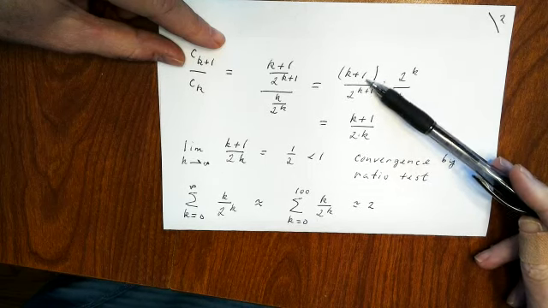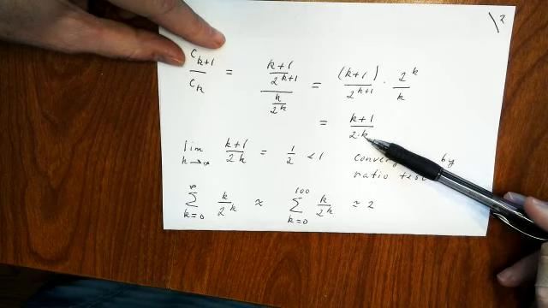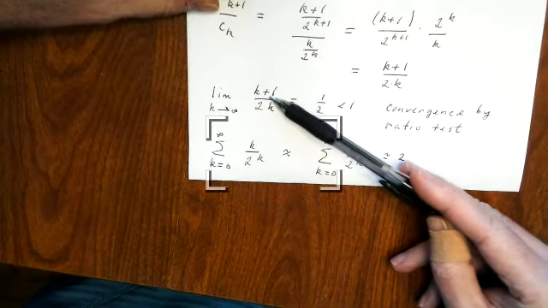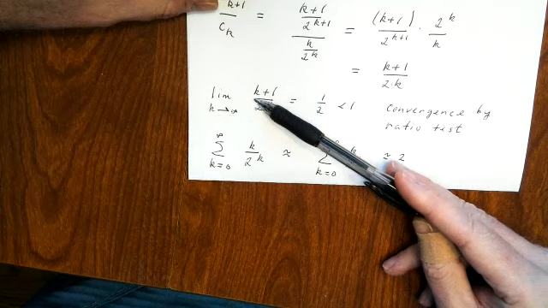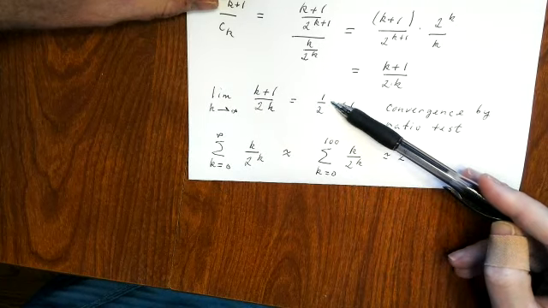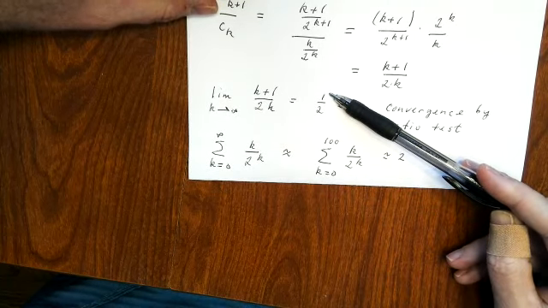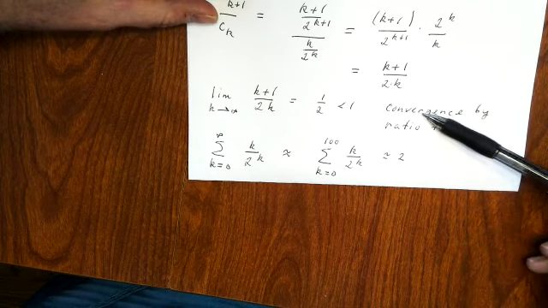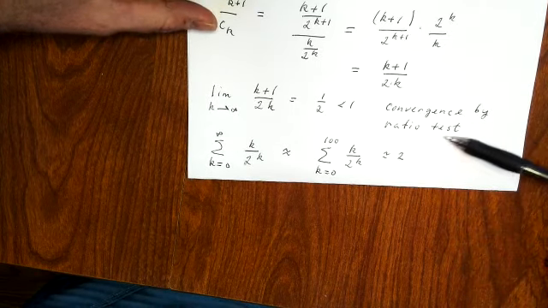So we'll have k plus 1 over 2 times k. As k gets really, really large, the 1 becomes relatively insignificant. So we have k over 2k, which yields a limit of 1/2. This is our L value, which is certainly less than 1, so that we know that the series converges by